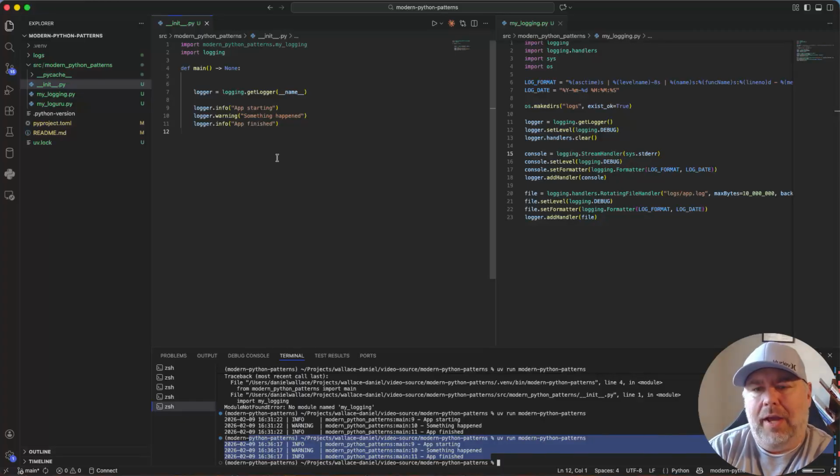Well, the other pattern for logging, if you want to log everywhere, is Loguru, and I'm going to kind of walk you through that. Before I do, and of course you can skip ahead, I just want to talk about logging in general for a second,